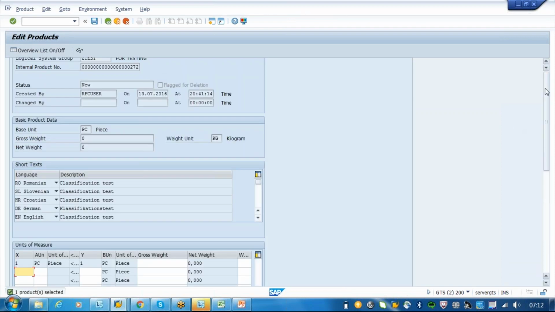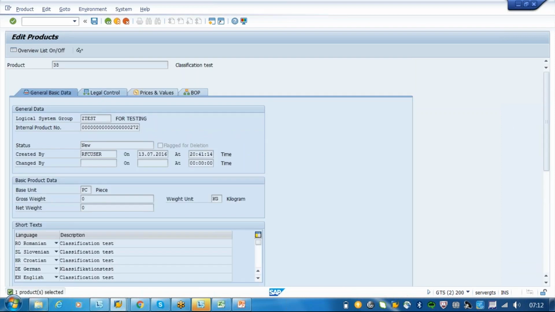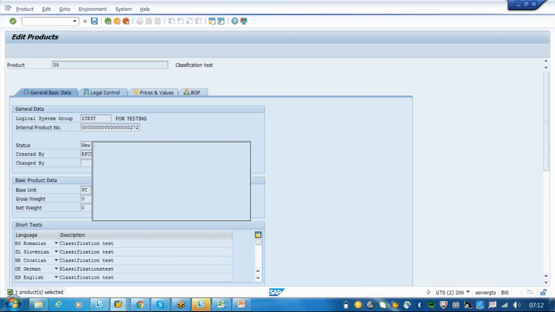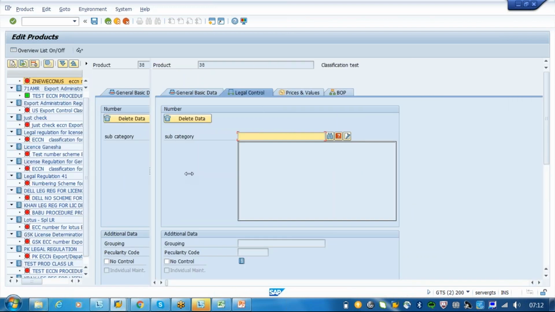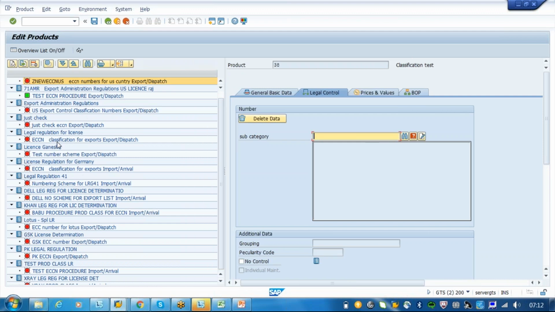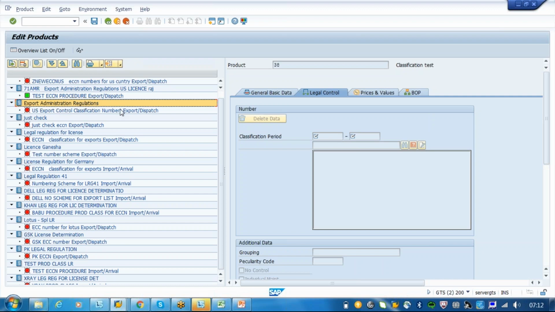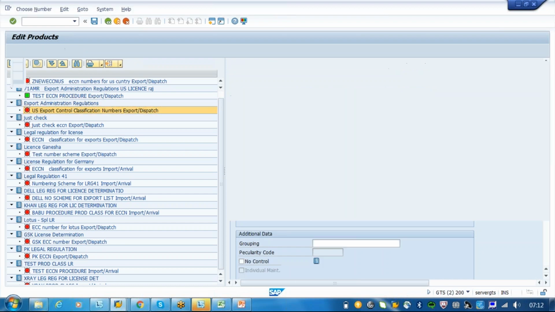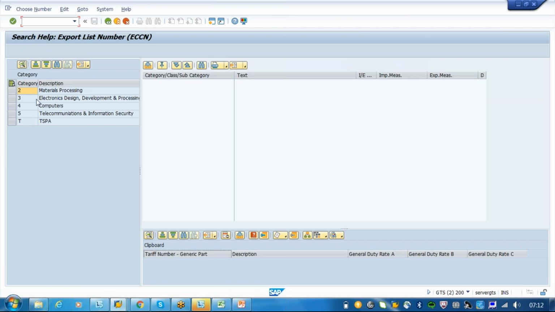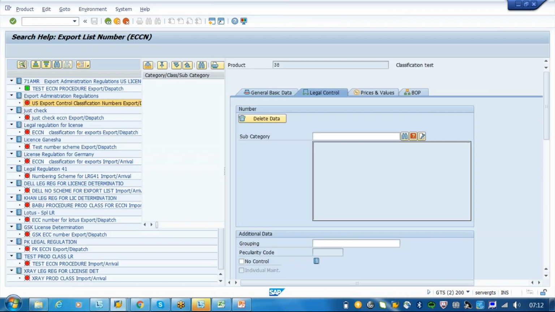Go to the classification. So here we have to identify the legal regulation. What is the number we identified here? So not this.